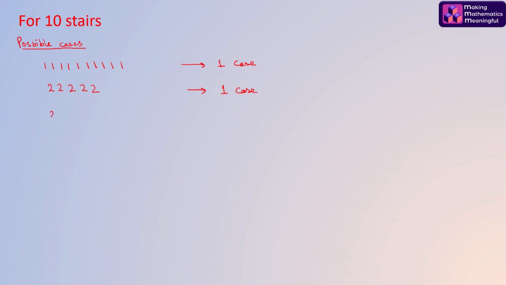Now let us assume that the child takes 2 steps, followed by 8 steps taking one step each time. So 1, 2, 3, 4, 5, 6, 7, 8, 9, 10. Now how many total different ways are there? That is given by a simple formula. We have 9 places, so total 9 factorial divided by the repetition of these ones, which are coming 8 times. When this is simplified, it comes out equal to 9 cases.